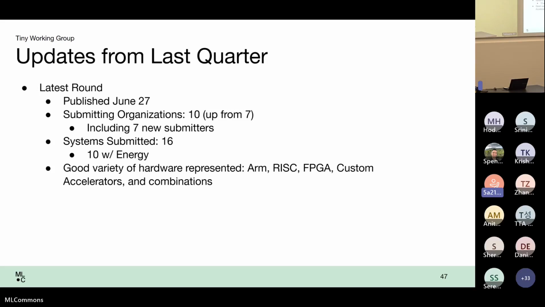So we're really working hard to get the energy measurement system as smooth and low friction as possible, because that's a really key measurement for this space. And we had some useful feedback in terms of things that we can improve to make it a little bit more accessible for the next round. So we're hoping to incorporate some of that feedback for future rounds, including supporting more energy measurement hardware and just making the process a little bit easier. Next slide.